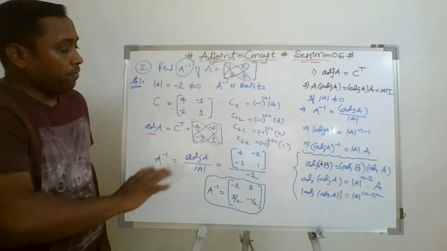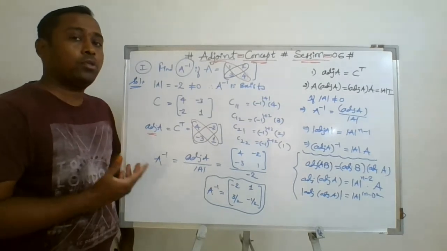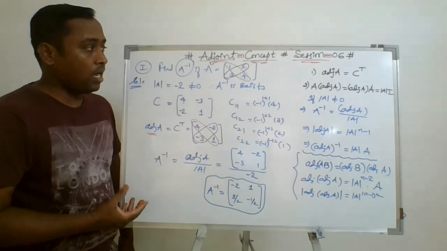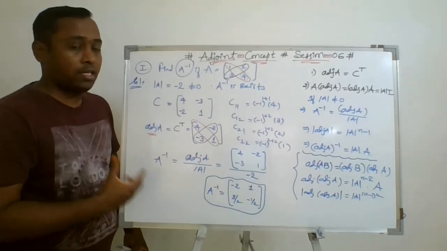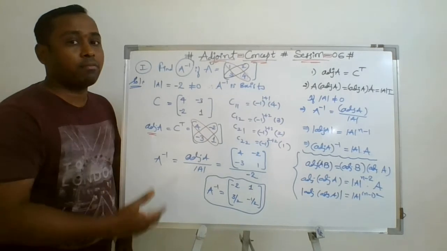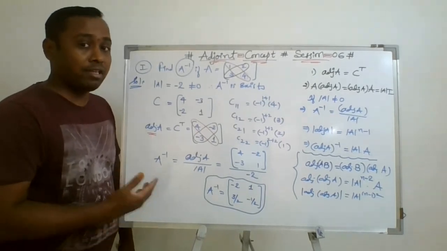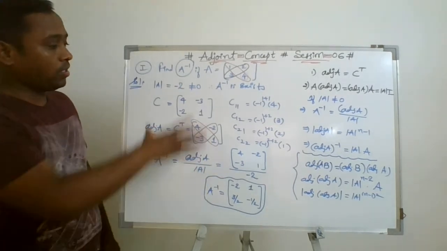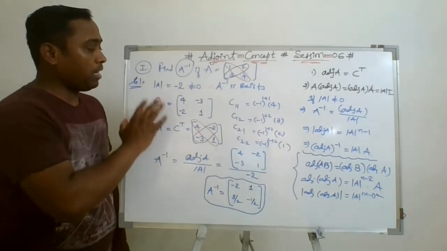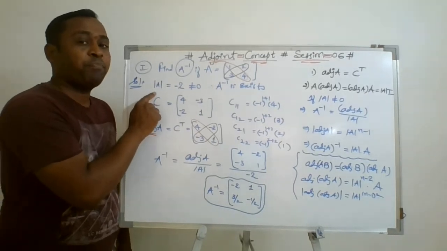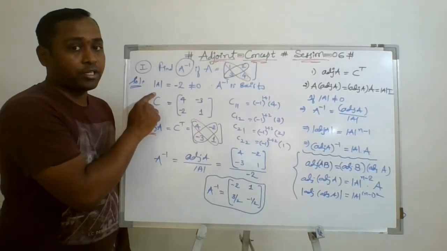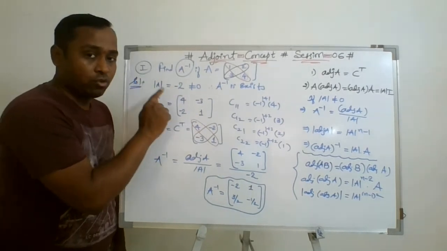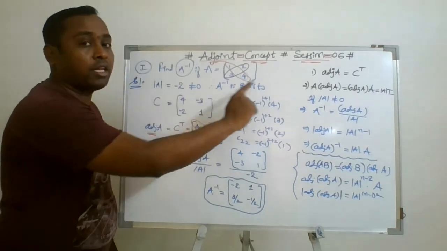Now, with the help of this concept, you may also find the inverse of a 3 by 3 square matrix. We are bounding ourselves to finding the inverse up to 3 by 3 only, but you may extend this process to any order of square matrix. So what is the procedure you have understood? First we need to check whether it is a singular or non-singular matrix, meaning whether the value of det A is 0 or not equal to 0. If it is not equal to 0, then only the inverse is possible.